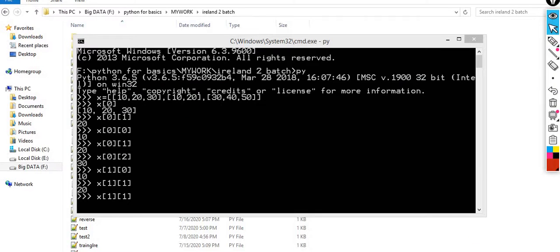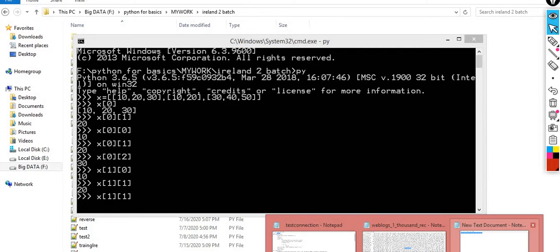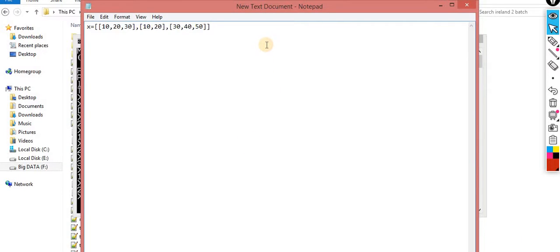Now I'll show you the code, which will make more sense. So how can I print it? For I in range of len of x, because I don't know how many items are there. If the items are 4, then it will execute 4 times. If items are 5, then it will execute 5 times.